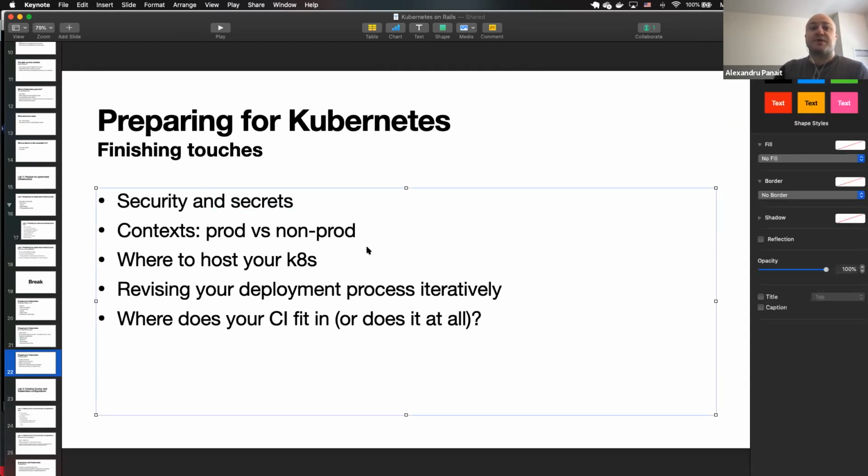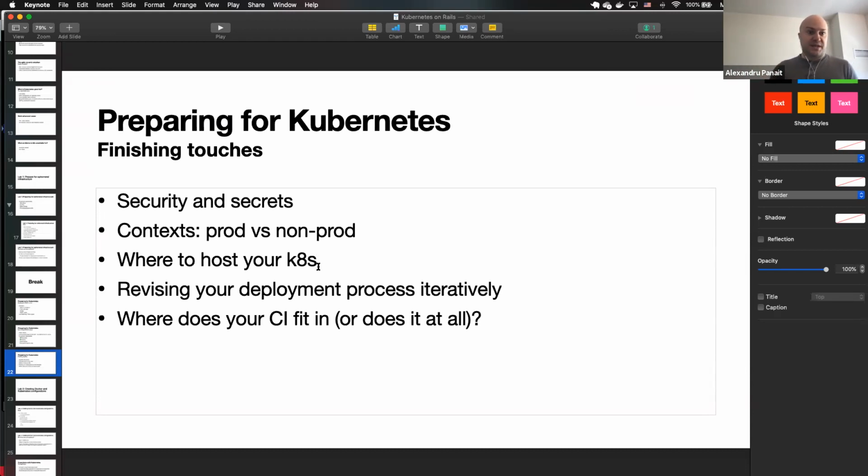Kubernetes has the concept of context as well. And just like a cluster is a group of nodes, a context is a group of clusters. You would use context to separate, let's say, your prod versus non-prod clusters. This concept of context usually maps to something like a project in Google Cloud Platform, for example. Speaking of GCP,